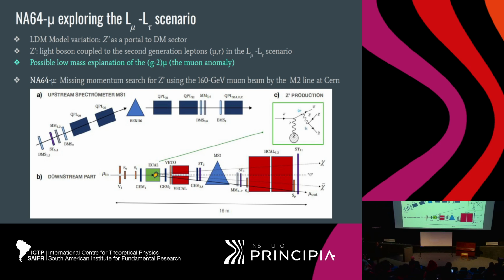One of these scenarios is the so-called L mu minus L tau scenario. I won't go into detail here, but the reason why it is considered very interesting is because it could be an explanation of the so-called g minus 2 anomaly. So this scenario has raised a lot of interest, and the idea of the NA64 collaboration was to perform a new measurement with a muon beam to try to exclude this theory, or